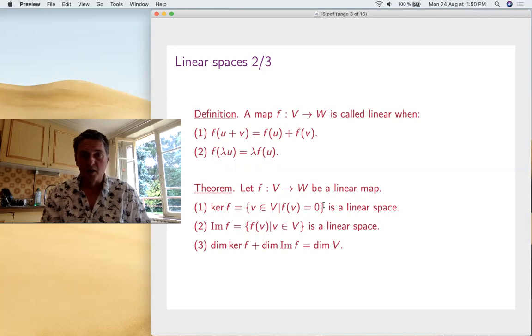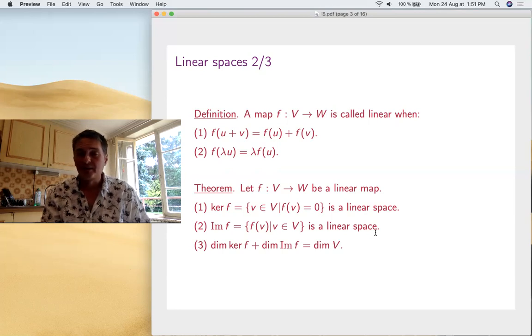So if you take a linear map, first of all, the kernel, I mean, the things which are mapped to 0, it's a linear space. I mean, if you take a sum of things which are mapped to 0, it's mapped to 0 too, and also we can multiply by a scalar, so this is clear. Also, the image is a linear space. I mean, if you take f of x, f of y in the image, f of x plus y is their sum, so it's also in the image. Same for the scalars. So these are trivial things.